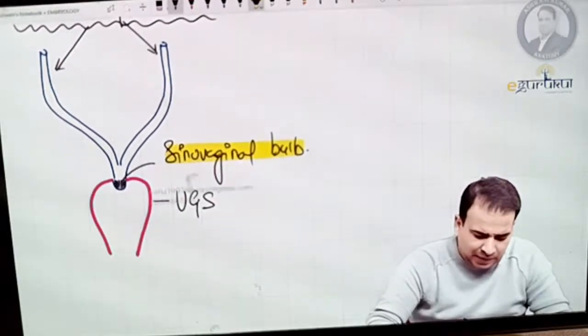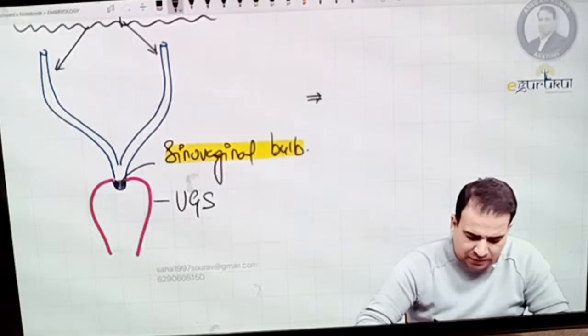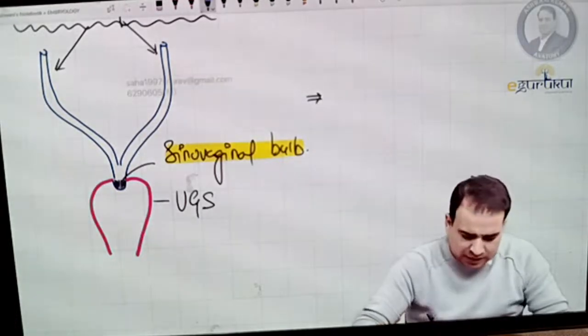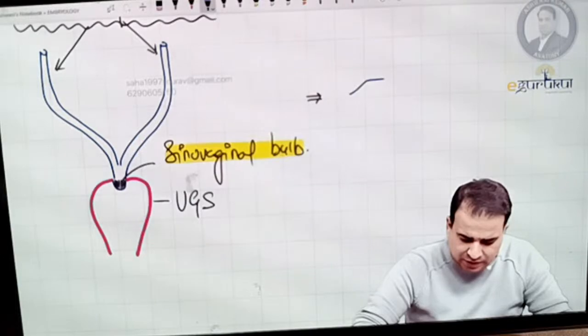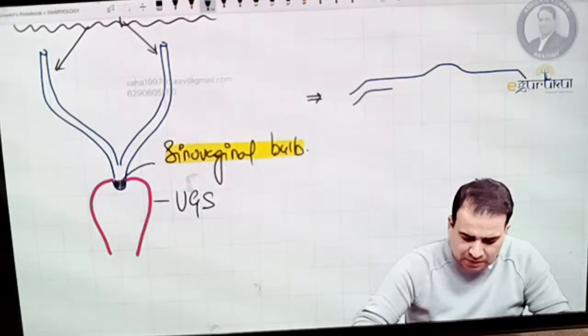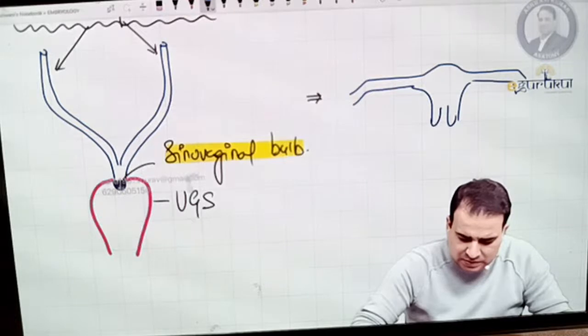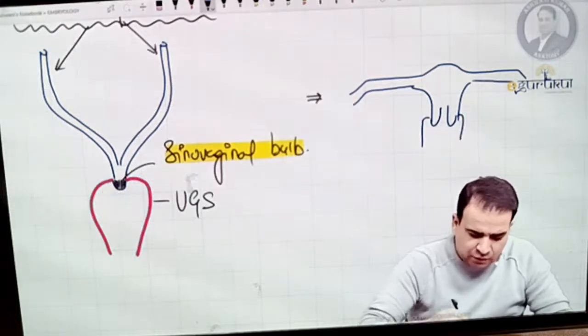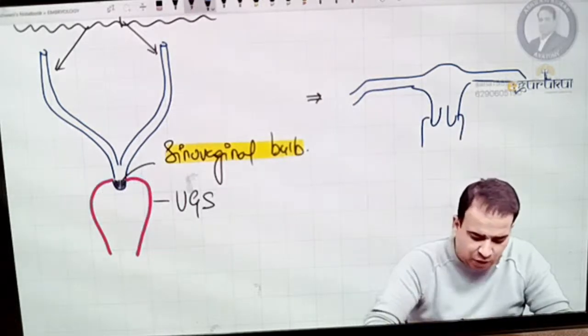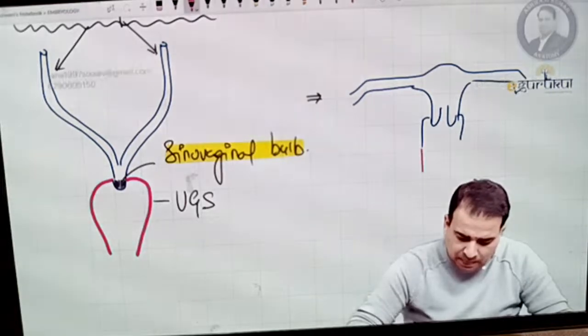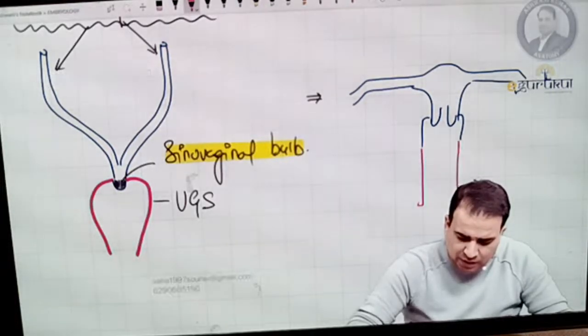So the ultimate picture would be, if I just go directly to that final picture using the same color code, that the paramesonephric duct will give rise to the fallopian tube. It will give rise to the fundus, body of the uterus, cervix, vaginal fornices, and upper vaginal wall. And the lower vaginal wall is derived from the